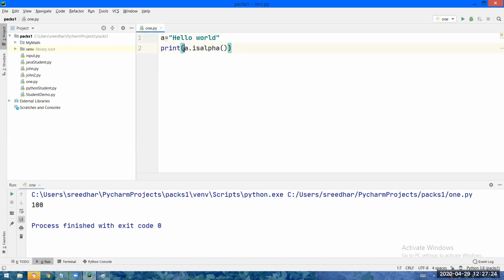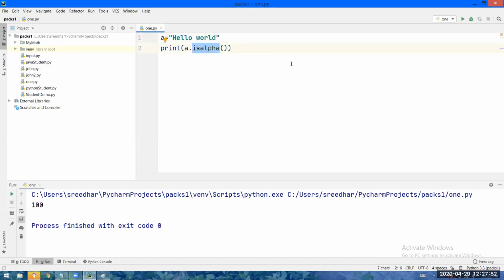What will isalpha do? isalpha will give True if all the characters of a string are alphabets. I told you a string can have alphabets, numbers, special symbols, any character, but isalpha will give True only if all characters are alphabets.